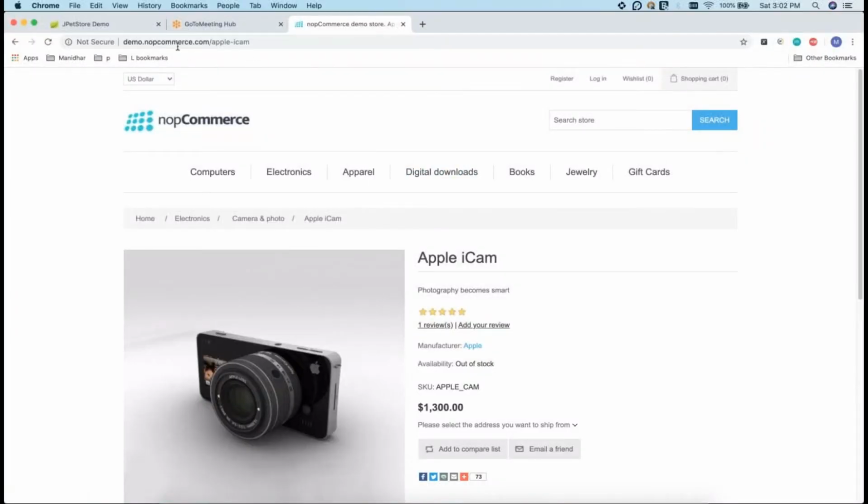So what did we do? We requested the application. Server responded with some set of landing page details. And later on, we requested the application with Apple search. So the application responded back with the 2 products, an Apple iCam and some other laptop. Right, so we are requesting something, and the application is responding with some other data information than whatever we requested.